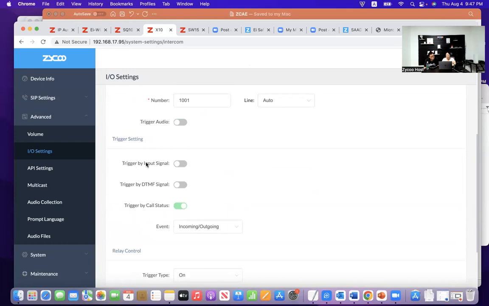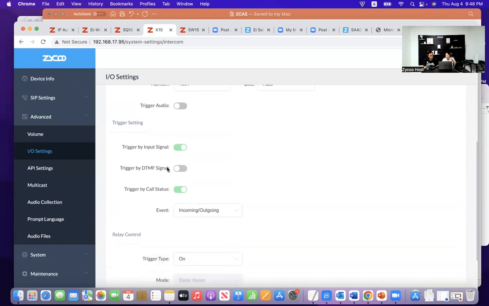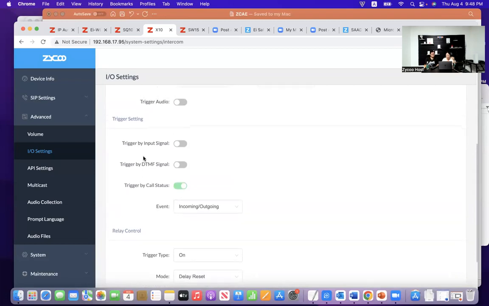So we can trigger by setting the joy contact relay outputs on the X10. If I'm connecting with a door magnetic, or if I connect with an alarm light, I can have my alarm lights go on when my input signal is activated. So if my smoke detector is activated, or I have someone calling the X10 for whatever events,